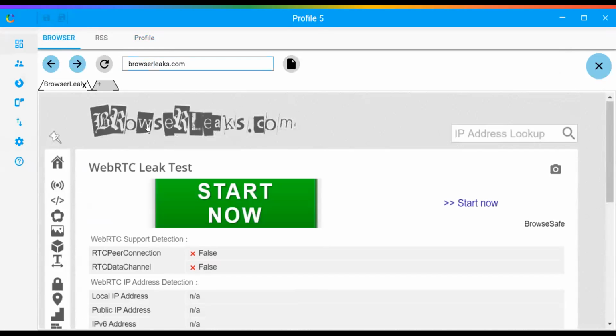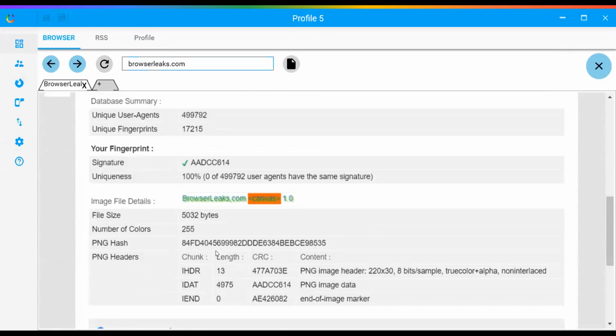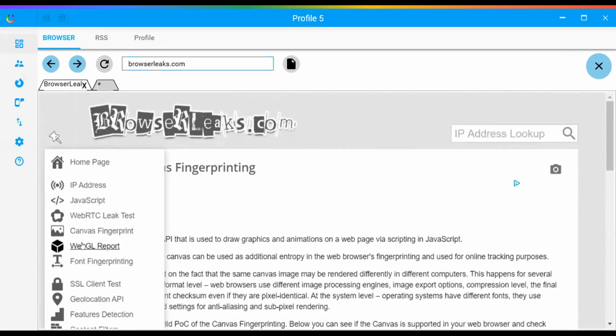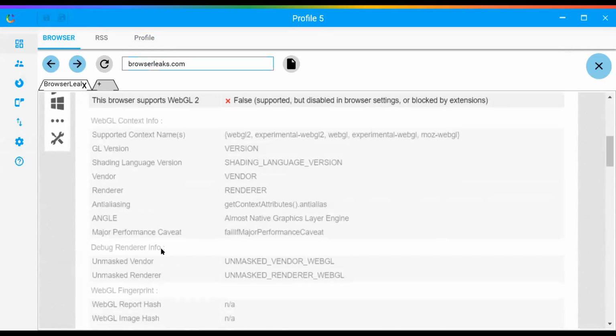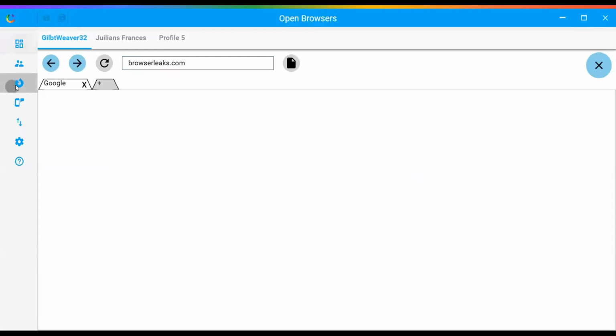We have our TCs, all secure. Canvas, 100% unique. WebGL, everything is also completely secure. Okay, so